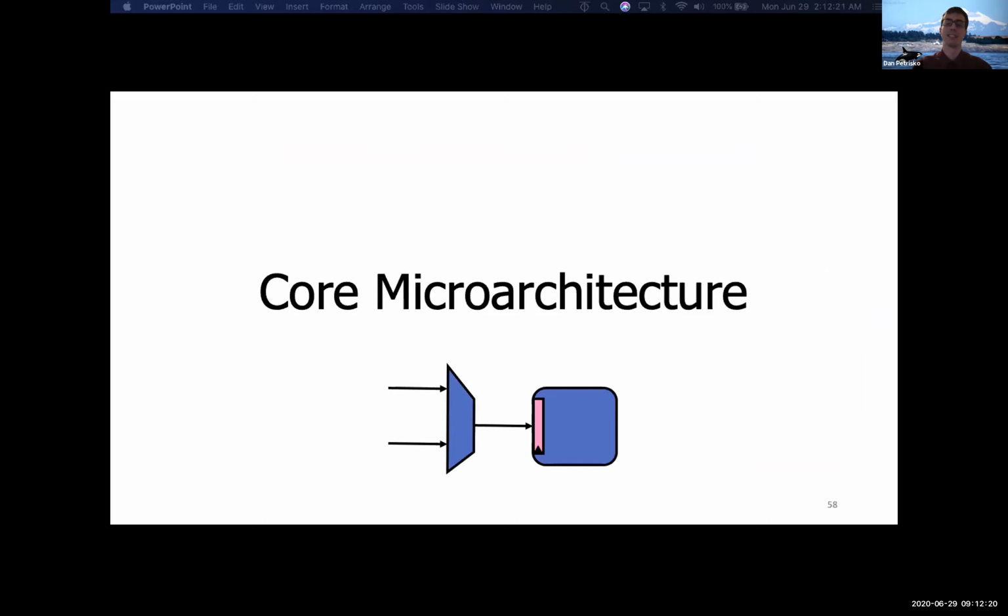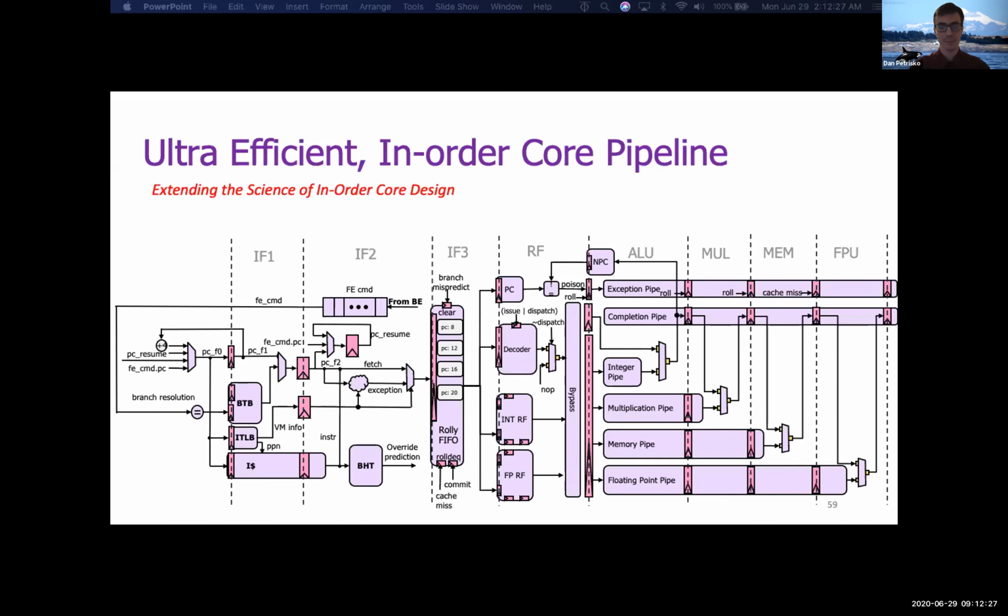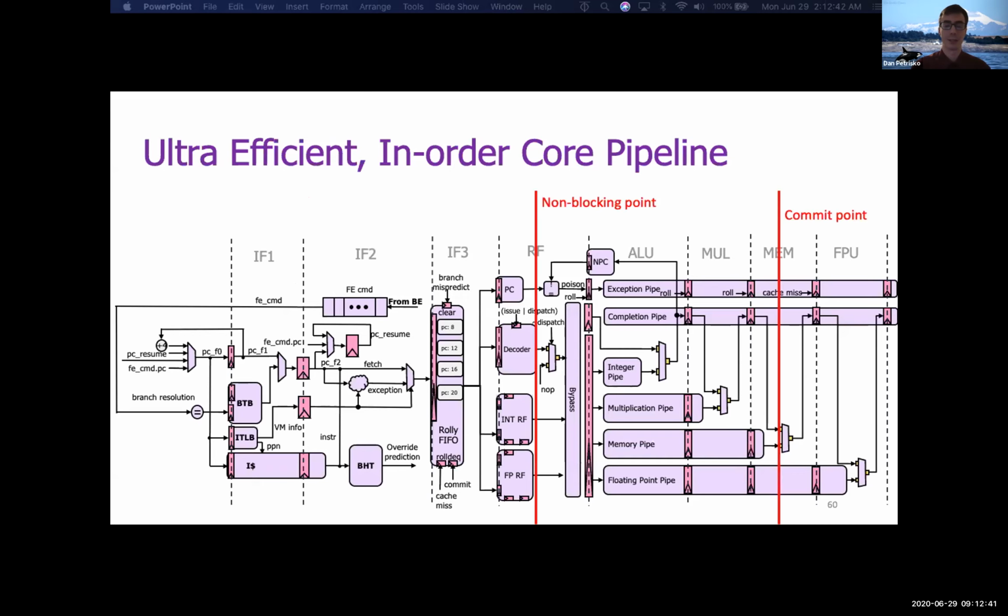So now that we've discussed system architecture, we're going to dive deeper into the core microarchitecture. The BlackParrot core itself is implemented as an 8-stage single-issue in-order pipeline with a 2-cycle iCache and Dcache access time. It features a BTB, BHT, and return address stack for branch prediction and a non-stalling, statically scheduled backend. By having a single stall point and single commit point, this prevents large enable fanouts and costly dynamic write-back scheduling.